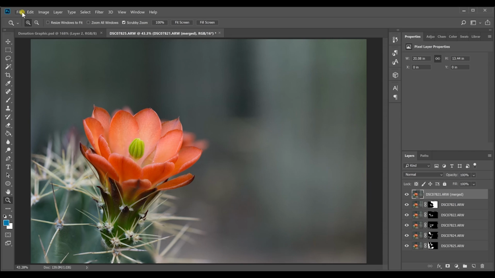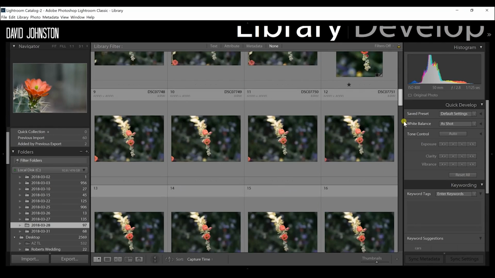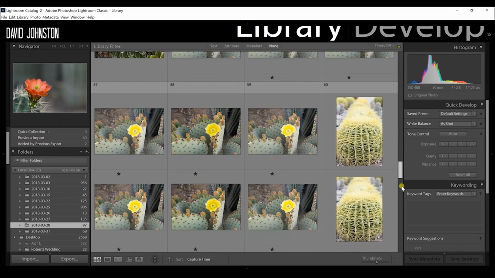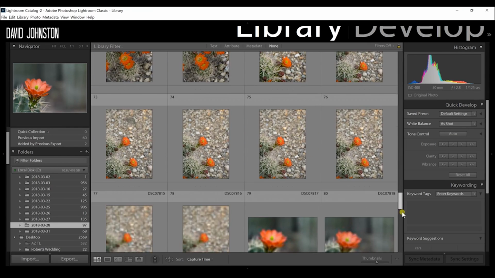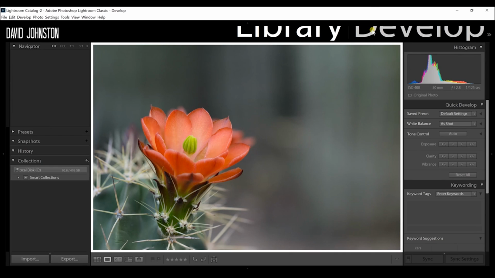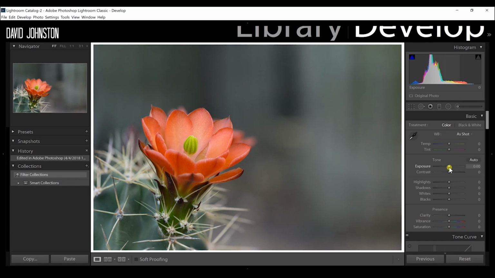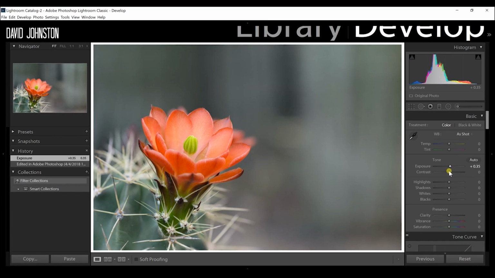Basically now all you have to do is go to File, Save, and it's going to save this into your Lightroom catalog if you're using Lightroom, and it's going to come up in our Lightroom library, and we can just scroll to that real quick and find where it's put it in. So here's the photograph that we exported, and we can just double click on that, finish editing this photograph to make sure it's perfectly the way we want it to be, increase the exposure a little bit, increase contrast,